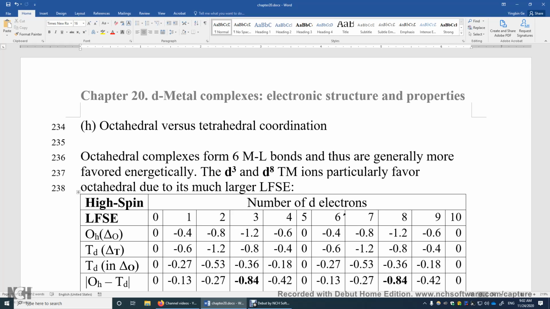In a tetrahedral complex, only 4 bonds are formed between the transition metal and the ligands. But of course, there are exceptions. When is the formation of a tetrahedral complex favored? Well, 3 different scenarios. 1. When the 4 ligands are really bulky, there's no room for this transition metal to be bonded to 2 more ligands. That's 1. 2. If the 4 ligands each have many lone pair electrons that repel each other,